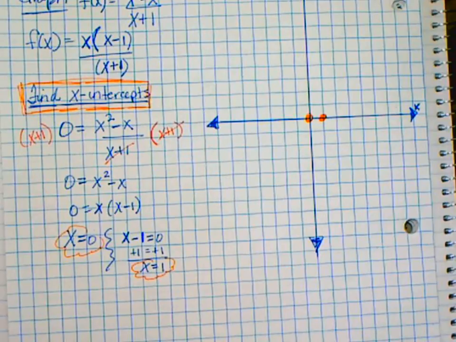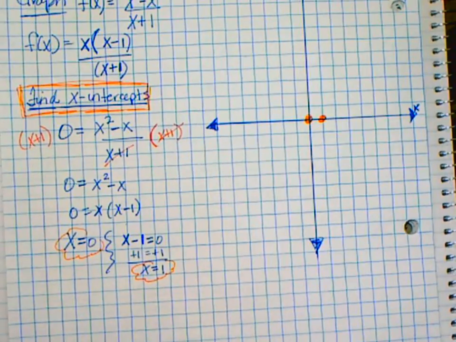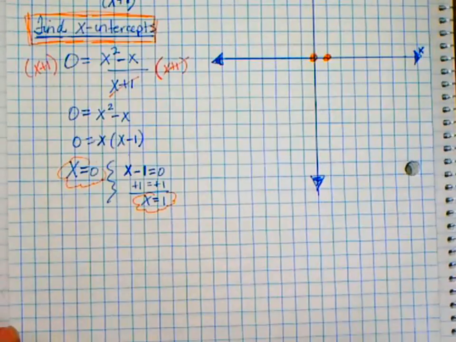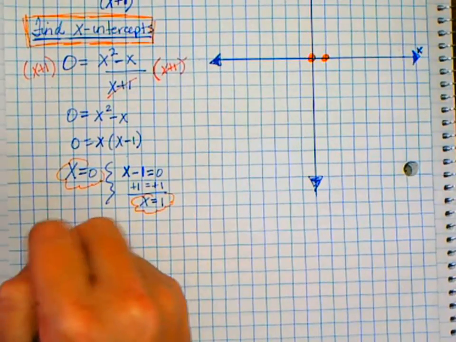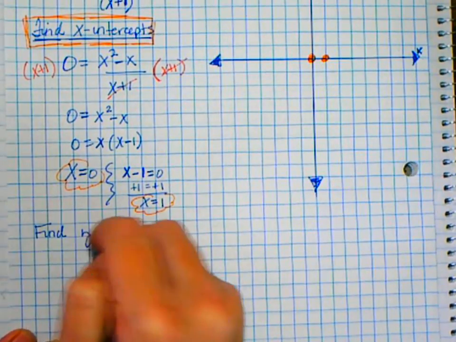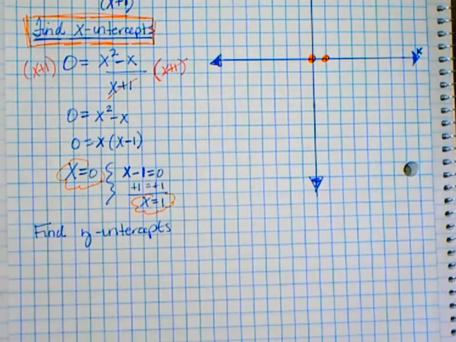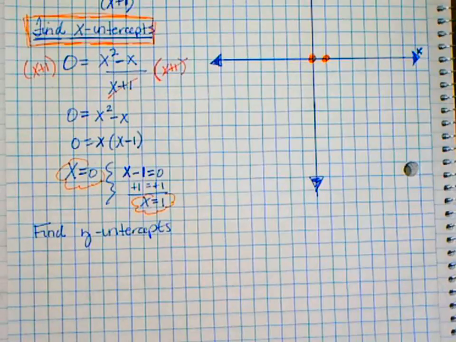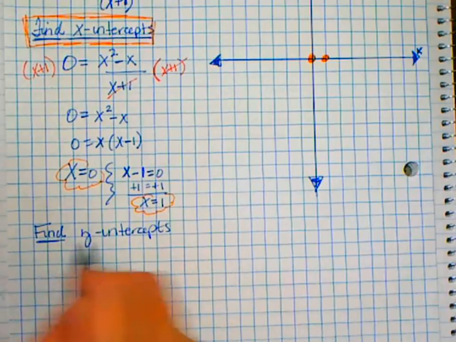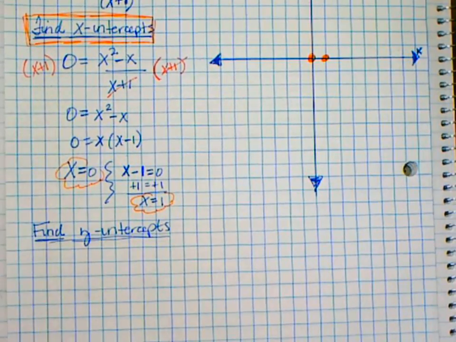What do we do next? On the y-intercepts. It can only be one, right? Oh, you're thinking about horizontal. Yeah, there can only be one horizontal asymptote. But no, for y-intercepts, you can have more than one. So for y-intercepts,